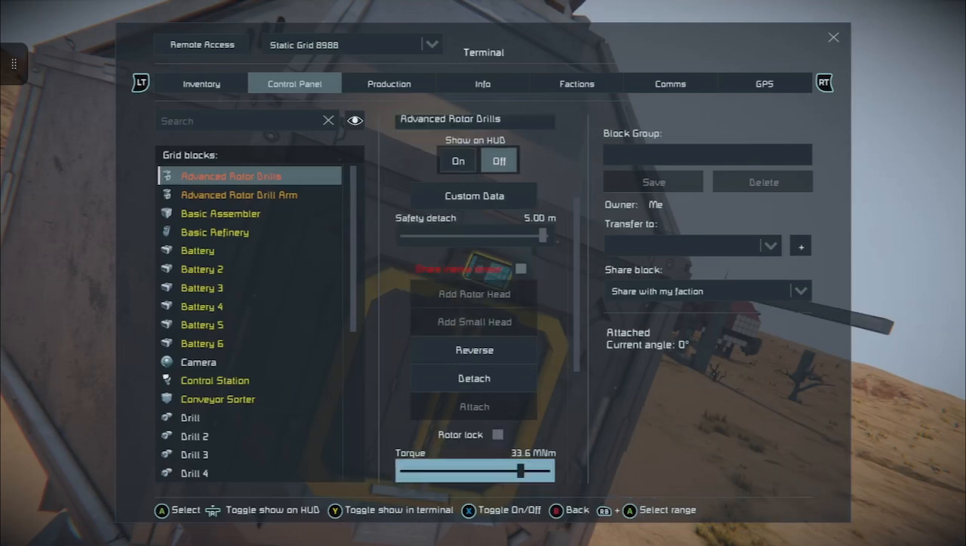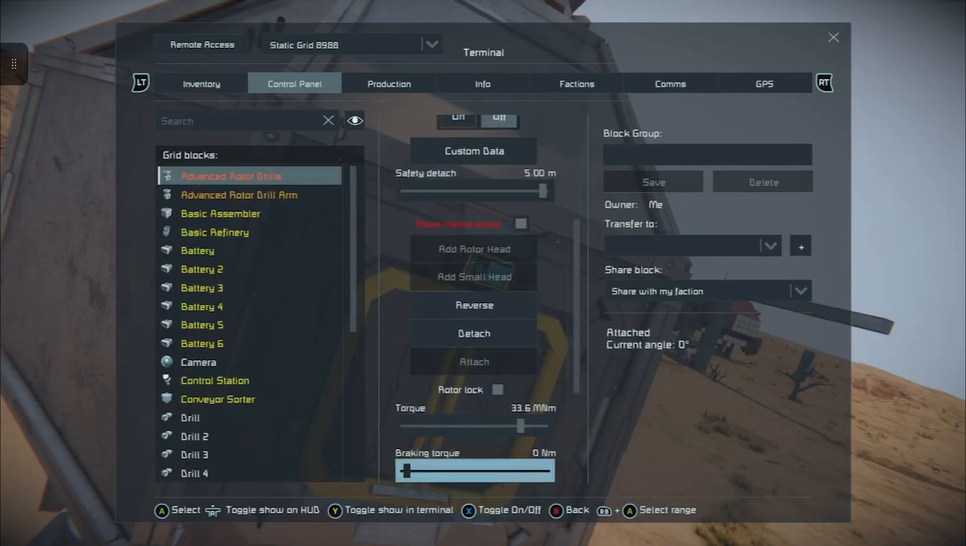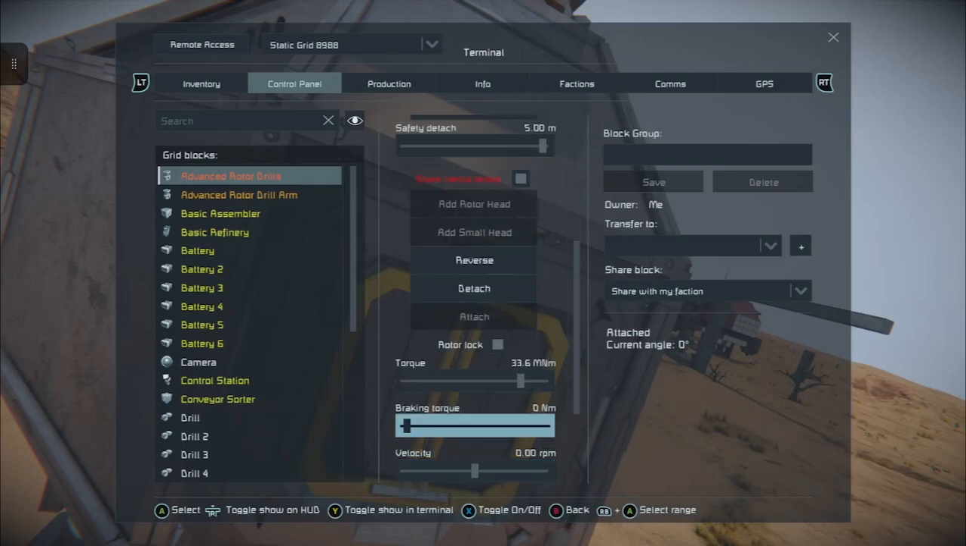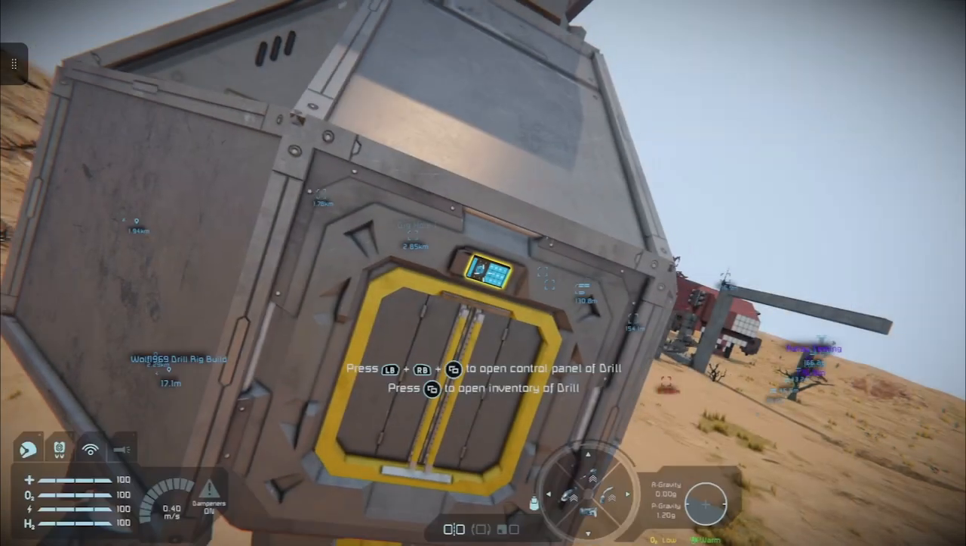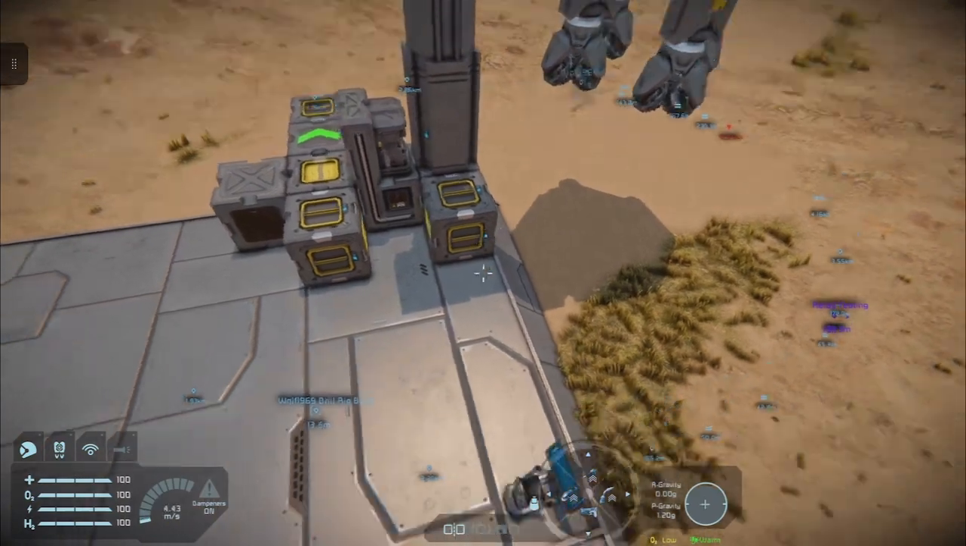And this one, pop rotor lock on for a moment. We want to bring the braking torque up to about 50, 60, just so we can slow it down. Actually about 80, 83 will do. And we want the velocity at 1 RPM. And we don't want it turning just yet. We want to control it